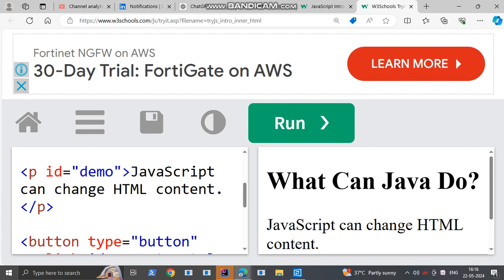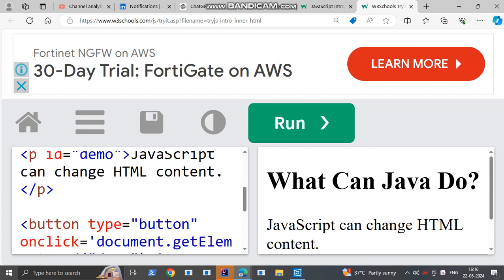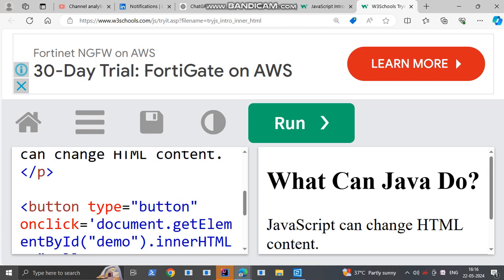The paragraph started and the paragraph closed here. Now the button. The button started, button type is equal to button, and now the event is onclick. Onclick is equal to document, which means the HTML document, dot method. So getElementById is the JavaScript method.